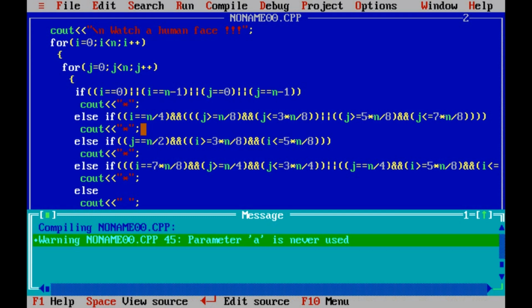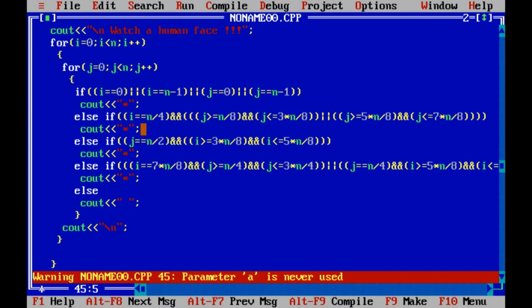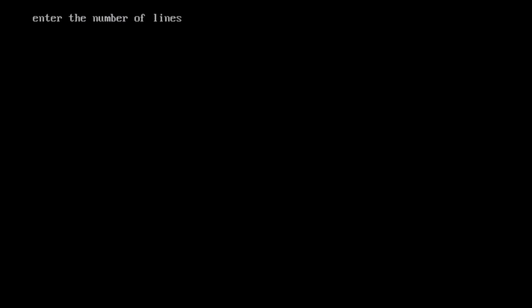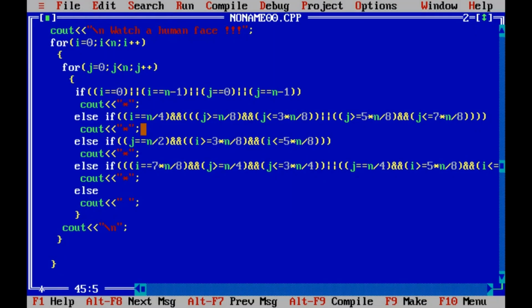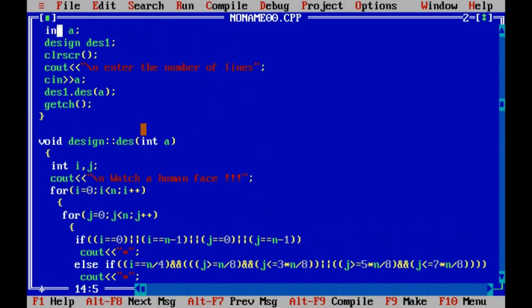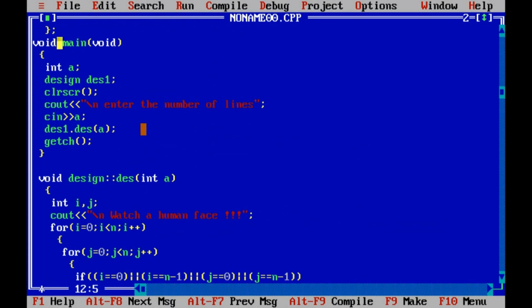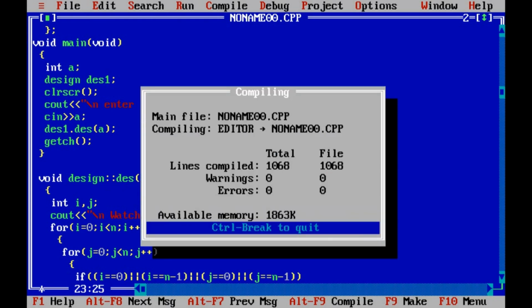That means that I have not been using the parameter. So let us check, and it is not coming. So we will check back with our code. Here I have printed void design and design int a. It should be n, so that the code will run correctly.